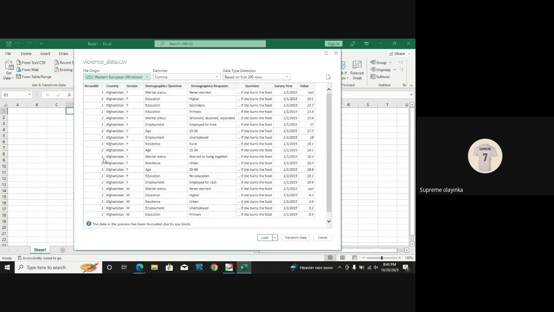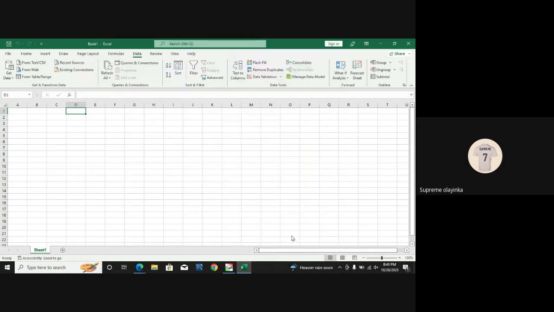Okay, so we've loaded it now. We want to click on transform. So when we click on transform data,